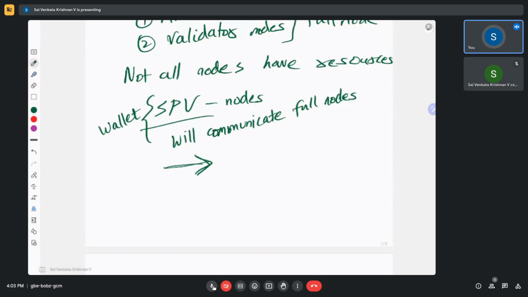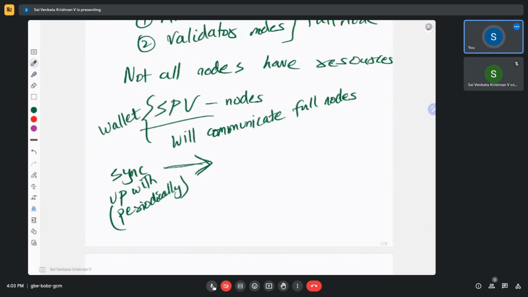So it should sync up with the Bitcoin blockchain ledger periodically, right? It should periodically communicate with the full node and get the latest